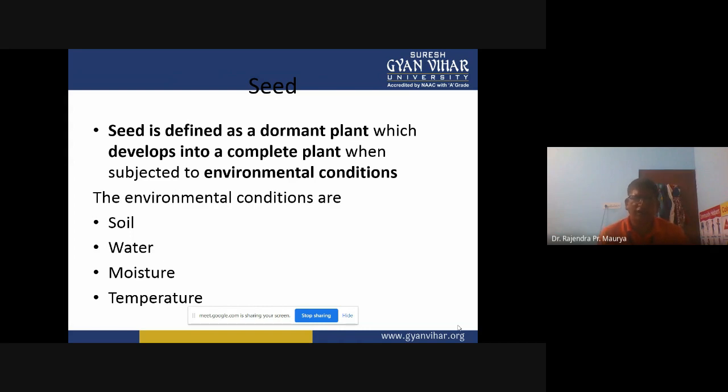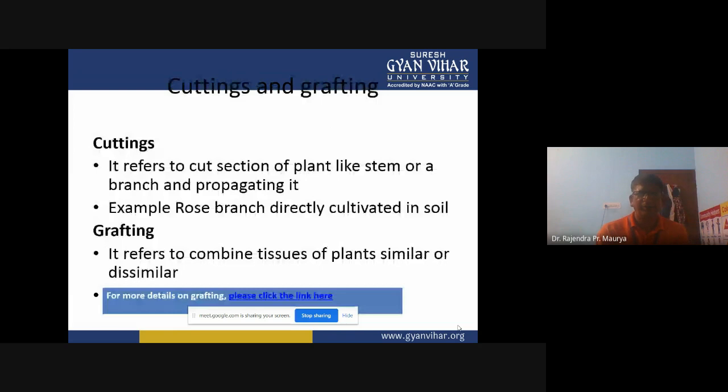So soils are also of three types: clay soil, loamy soil, and sandy soil. These are the natural growing media. Other than these, we can use vermiculite, perlite, sphagnum moss, cocopeat, coconut fibers, rock wool, and styrofoam, and various other kinds of growing media that are available in the market.